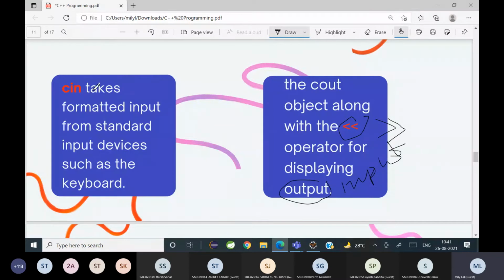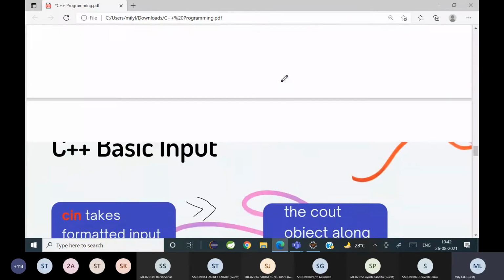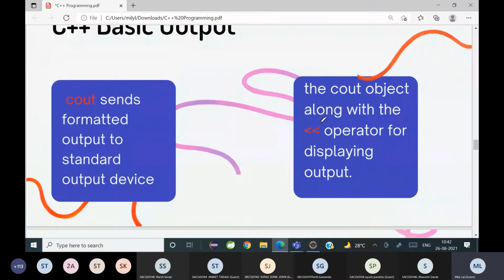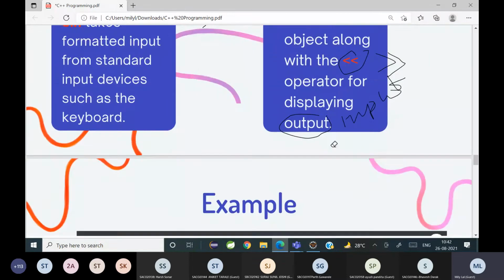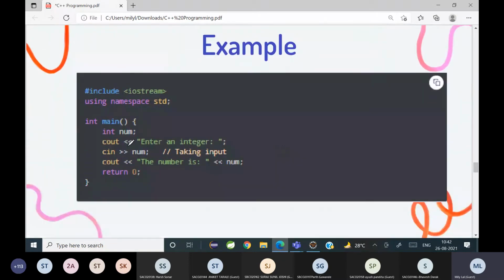So what do we use Cin for? For input. An extraction operator, or insertion operator, is written like this, whereas for Cout, the extraction operator is written in this way. Clear? Let me show an example code. You can see here which operator is used with Cout and which with Cin.